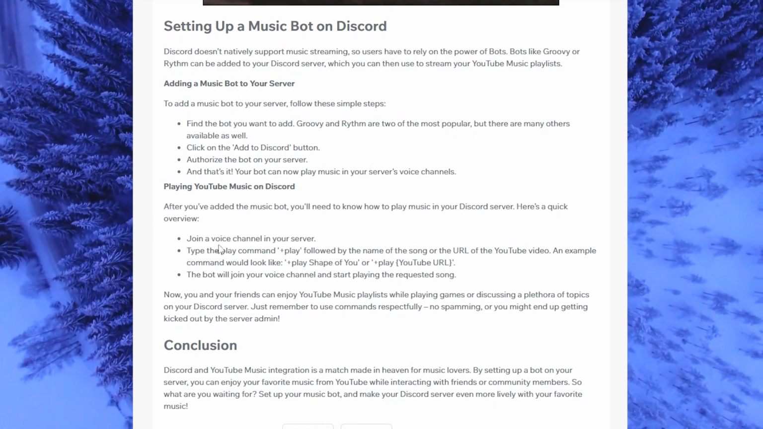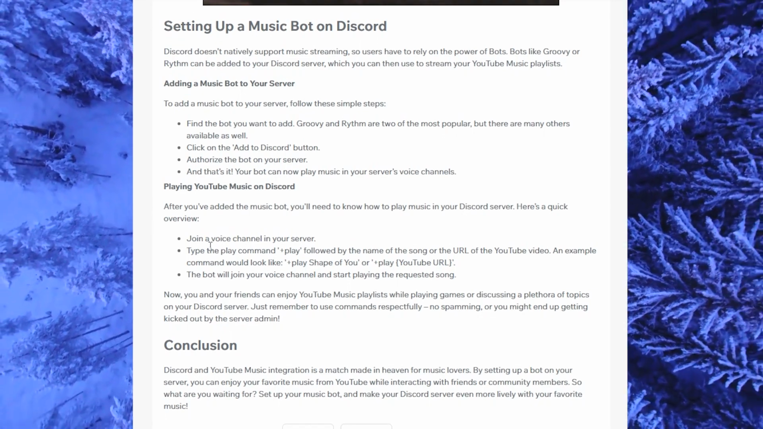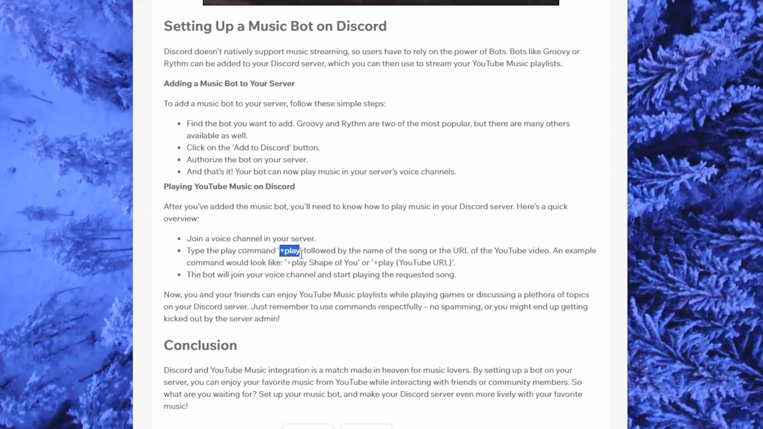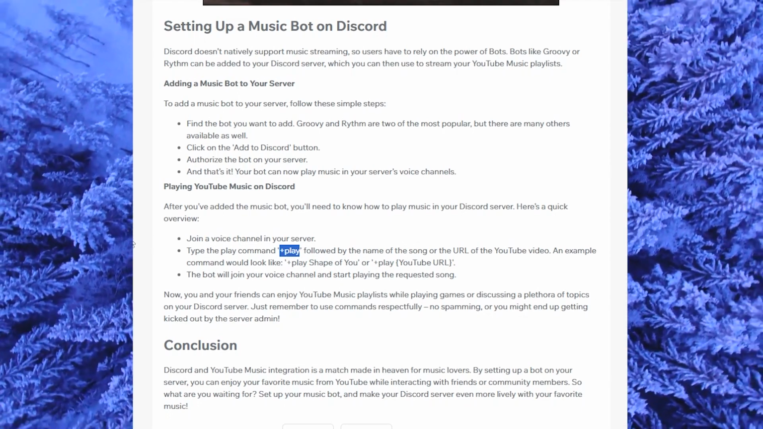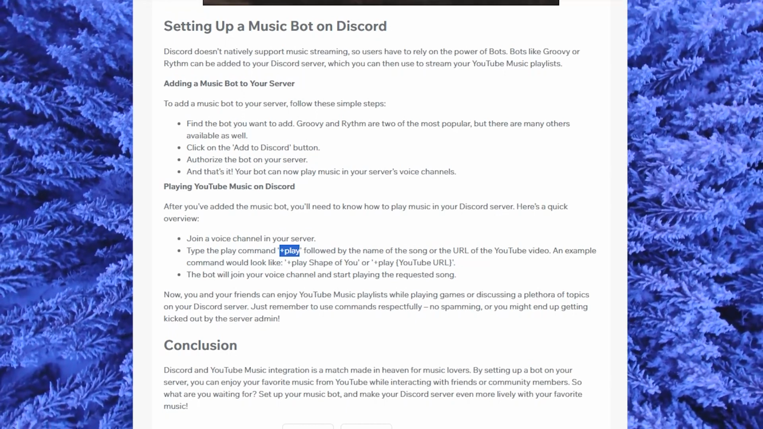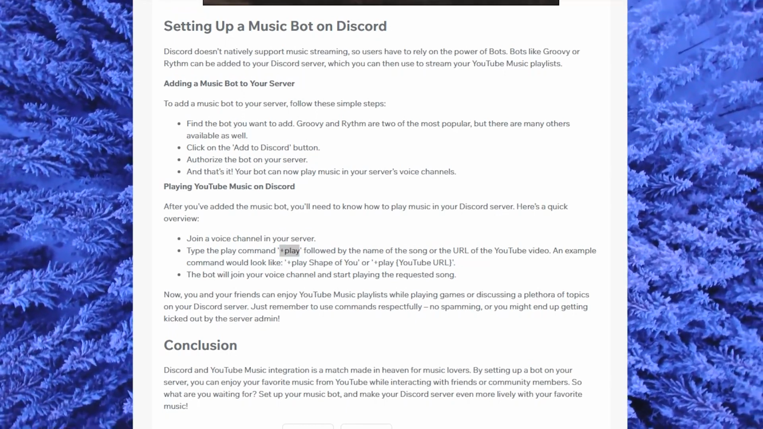on Discord, join a voice channel on your server. And then type the command +play, right? +play, followed by the name of the song or the URL of the YouTube video. So, for example, for